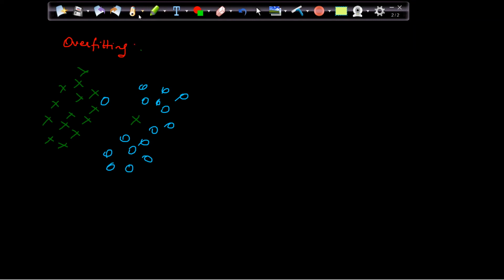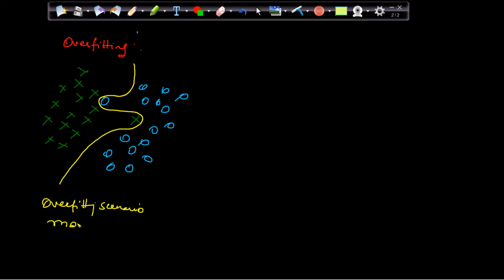So if I want to create a surface, when I talk about the overfitting scenario, it will be something like this. That is my overfitting scenario, where there are more twists and turns. Right? Error will be 0 in train data, but that is not my aim, right?